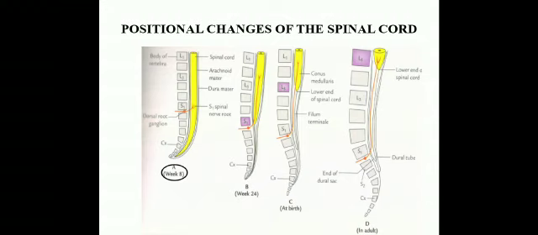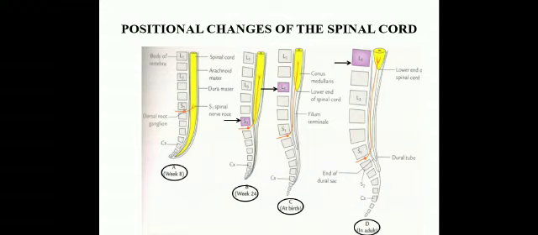So, in order to exit from the corresponding intervertebral foramina due to the recession of the spinal cord, the spinal nerves are forced to go down in an oblique direction. At week 24, the lower end of the spinal cord ends at the S1 vertebra. At birth, the lower end of the spinal cord ends at the level of the L3 vertebra, and in adults, due to the further recession of the cord, the lower end of the spinal cord ends at the lower border of